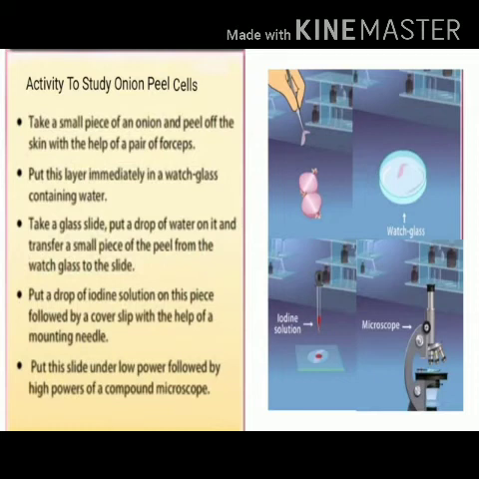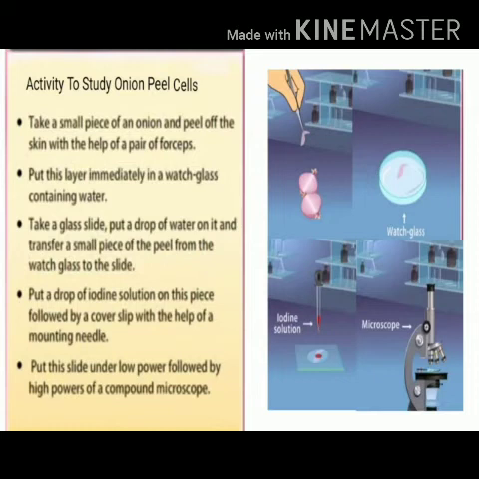Put a drop of water on it, and then put a drop of iodine solution. Now what is iodine solution? Iodine solution is going to act as a dye. As I told you in our previous video, I hope you all remember how the scientists observe by putting dye, so that this dye will help us to color the different components and we are able to observe it. Otherwise it is just transparent, we can't see the cells. Okay, so we have to make use of dye.